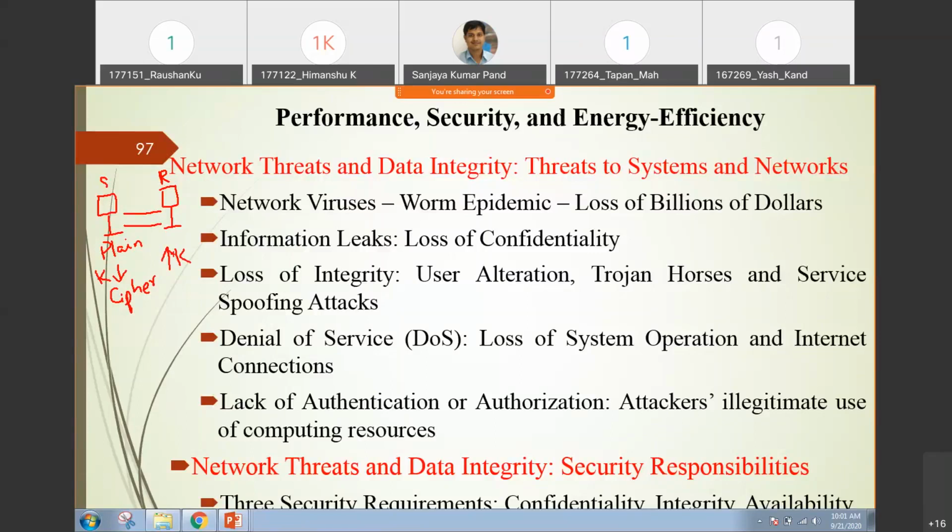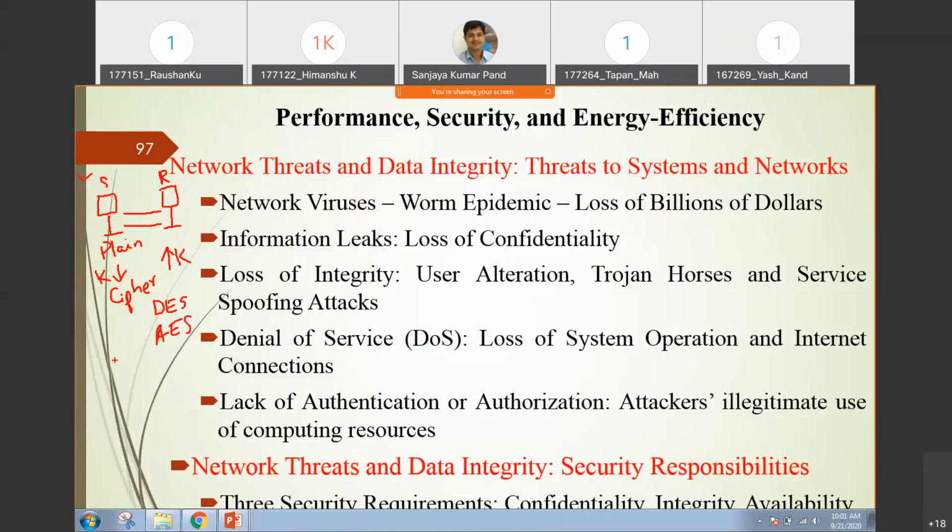It is just like two students sharing the same room. They have a lock, and the lock has two different keys. If one person locks the room, the other person can use his or her key to unlock it. So that is one type of cryptography. You know about the DES algorithm, the Data Encryption Standard, or the Advanced Encryption Standard algorithm. These are very popular algorithms in symmetric key cryptography.